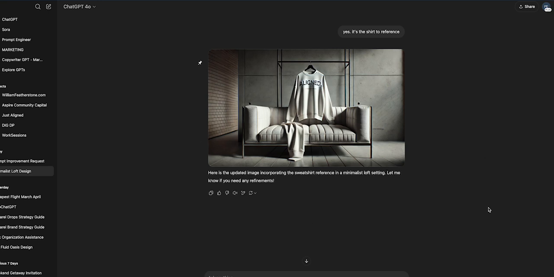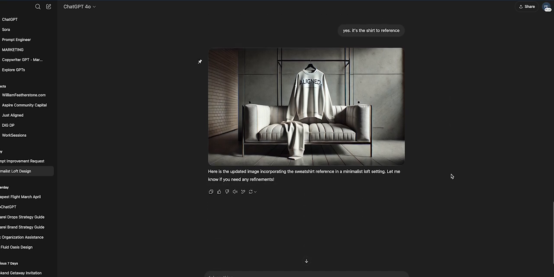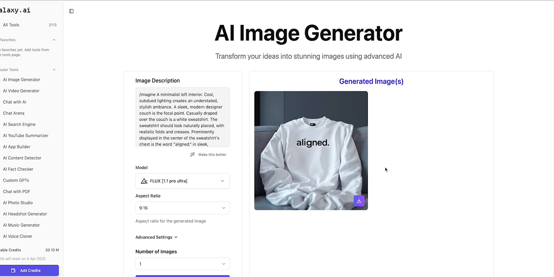All right, so even with a little bit of insight, it generates an image on ChatGPT, but I still like this direction a lot better. All right, so y'all got something to compare it with. I think it's worth even trying. So take your time, review it, look at it, see if it's worth